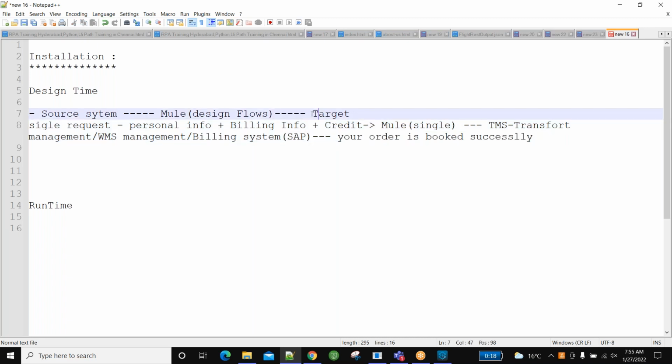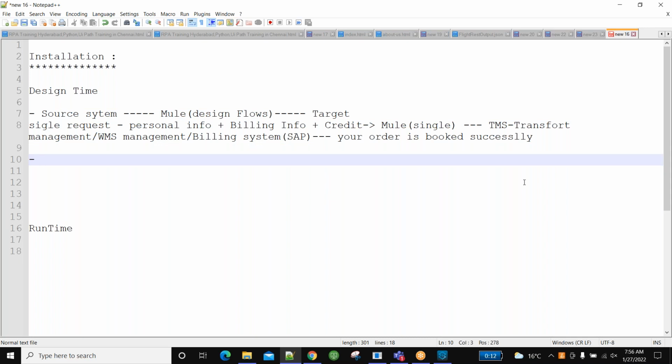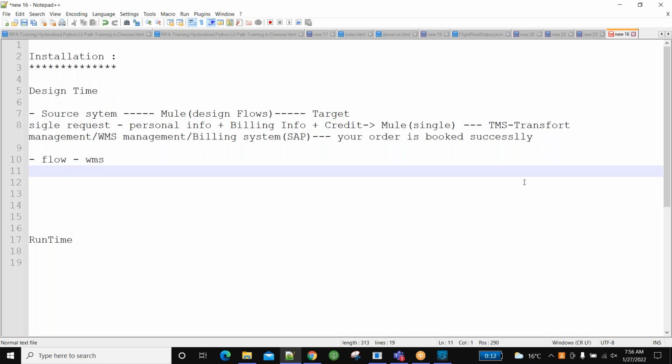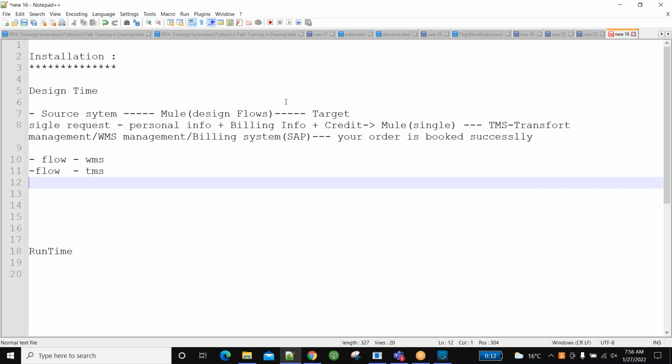So here in my example, three systems are target systems. Now we understood we have to connect three systems. That means we have to create three flows, right? One flow is for the WMS system for sending data. Another flow is for the others. So again, simply from the requirements phase, I'm telling how people will start gathering requirements, that I'm explaining to you.